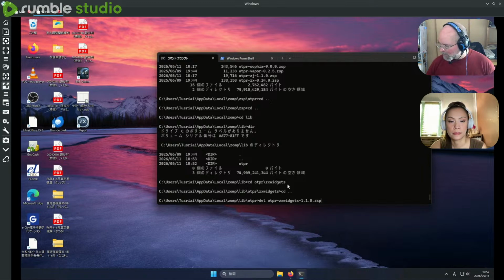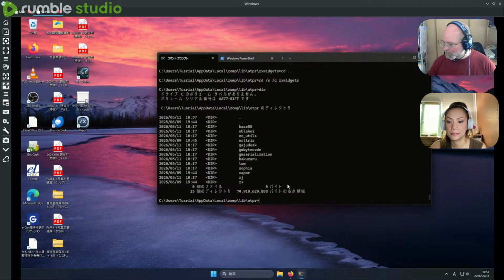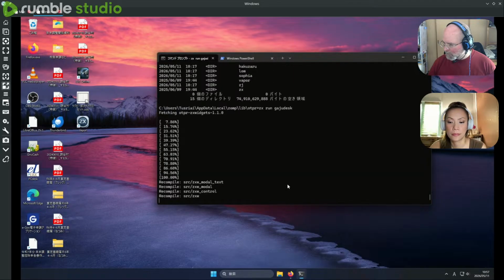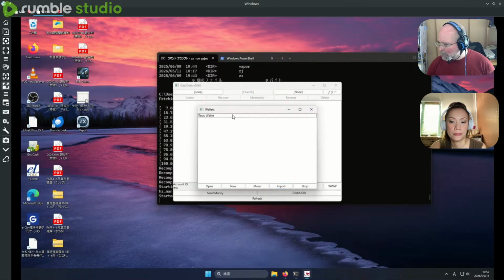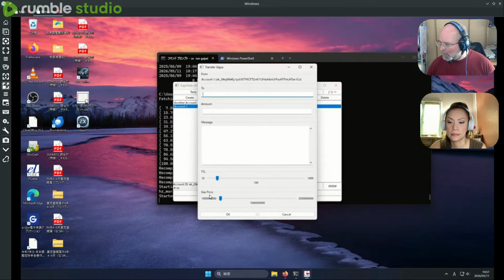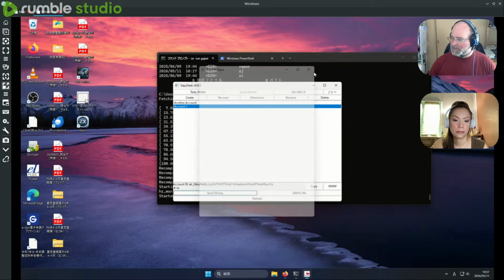What was the RD command? Okay. See, now, okay, so that was this computer just having disk issues. That was interesting.